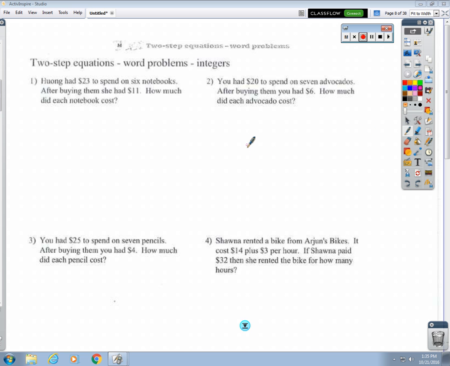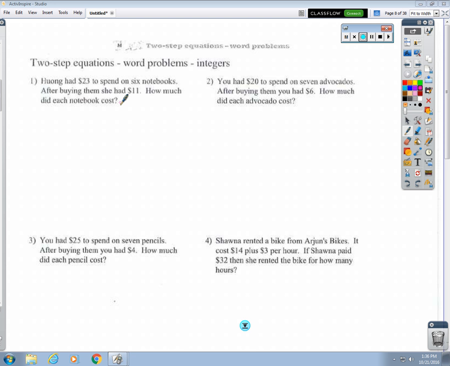Wong had $23 to spend on 6 notebooks. After buying them, she had $11. How much did each notebook cost? You have to do two things here. You need to set up the equation, and then you need to solve it so that you'll know how much